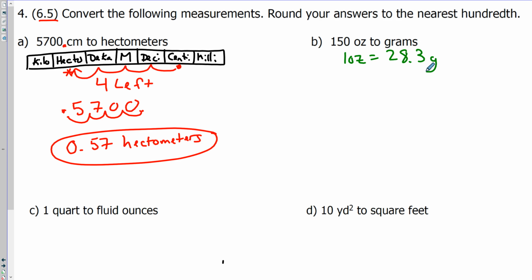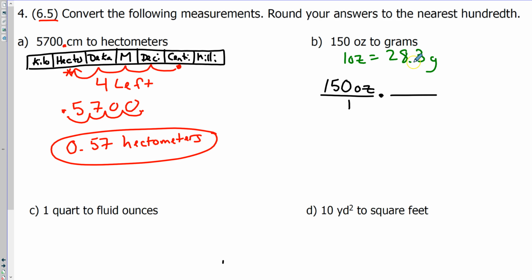Now this one, I'm going to use dimensional analysis to help me convert it, so I know whether I need to multiply or add this 28.3 to my 150. And how dimensional analysis works is you start with the number that is given. The number that is given for me is 150 ounces, and I'm going to make it a fraction. It's not naturally a fraction, and so the easiest way to make it one is to stick it over a value of 1. So now I've made it a fraction, and then I'm going to multiply by another fraction